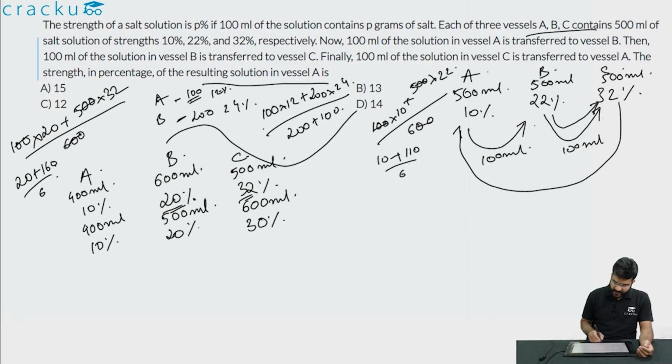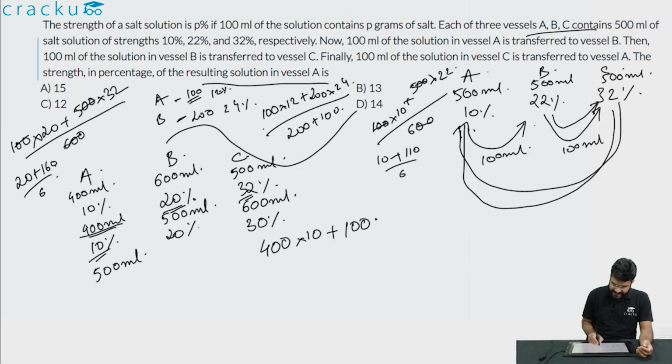Now finally we have to add 100 ml from C to A. So in this case the volume of A will increase from 400 ml to 500 ml and the resultant strength will be: 400 ml was its initial volume and the initial strength was 10%, plus 100 ml was added and the strength of those 100 ml was 30%, by the total volume, that is 400 plus 100, that is 500